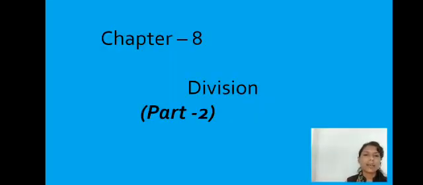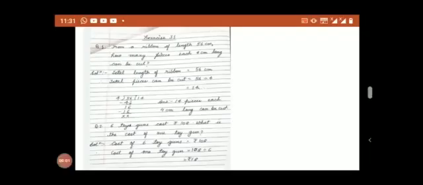Before starting this chapter, I would like to say please watch part 1. Okay, now we will solve the word problem of division. In what cases do we have to divide the number? In case of division, if the question gives many and we have to find out one or each, we have to read the question very carefully in order to find the solution. If you are moving from multiple to single, you have to divide.